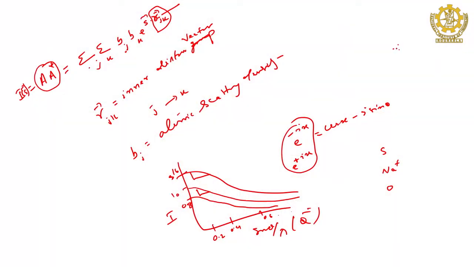For example, if electrons are gathered like this, it will not be the same as when they are gathered like this, because the density changes. If the density changes, then accordingly what will change? Intensity will vary.